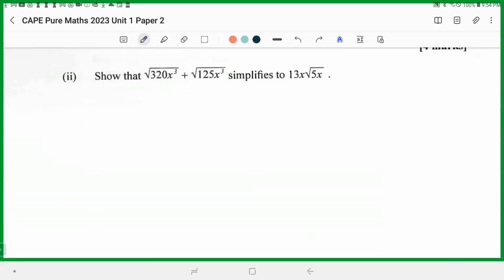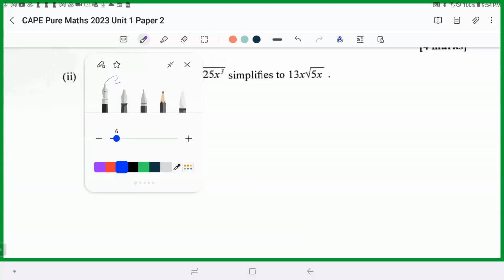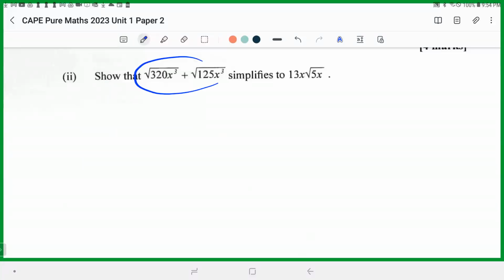Let's call this the left hand side and this the right hand side. I want to show the left hand side is equal to the right hand side. It's a proof. All right. So the left hand side,